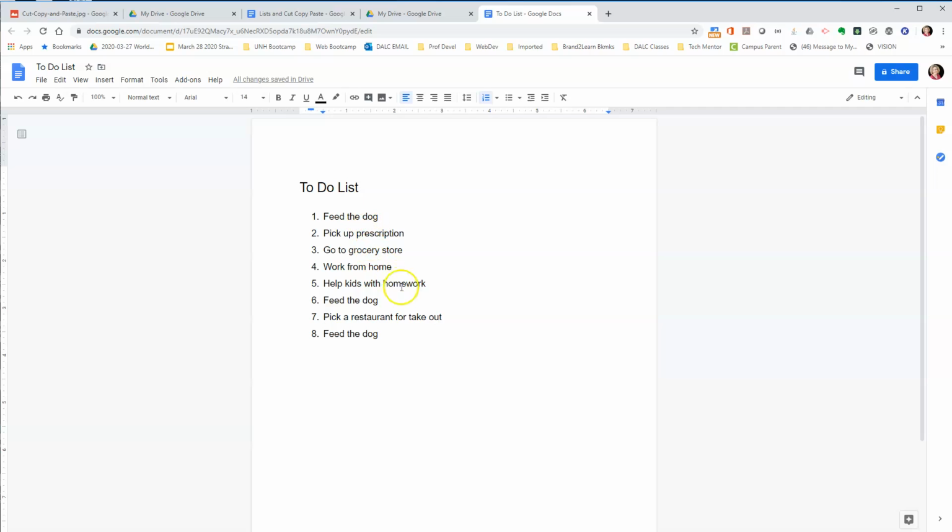So create your own to-do list. You can pick numbers or bullets. You should practice going back and forth between the two. And then practice using cut and paste and copy and paste to rearrange your to-do list. Add a heading and maybe add some formatting, and then answer the questions that I have in the Google Classroom assignment